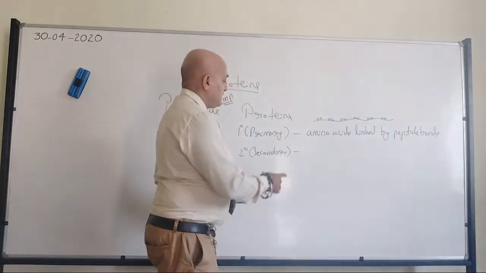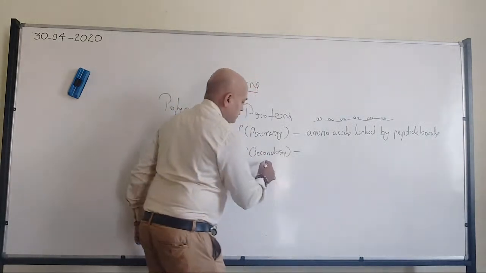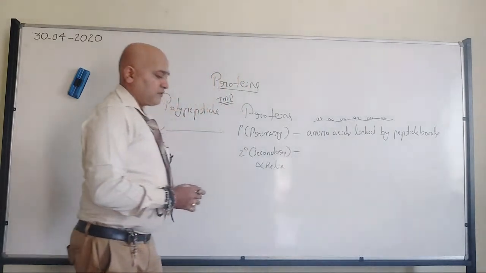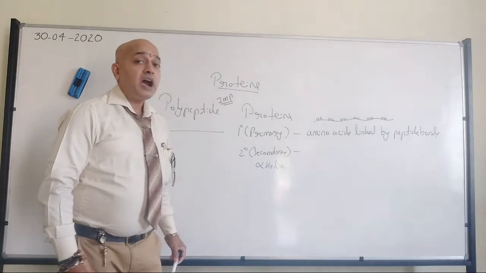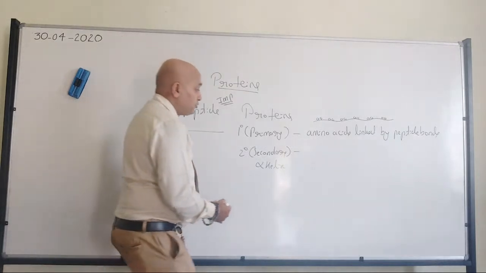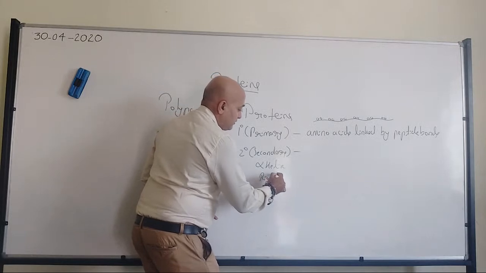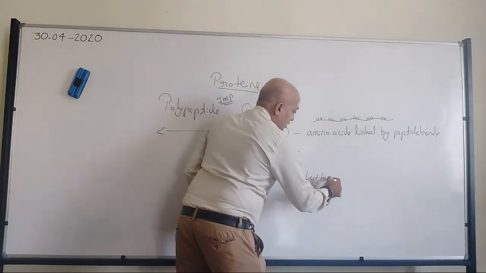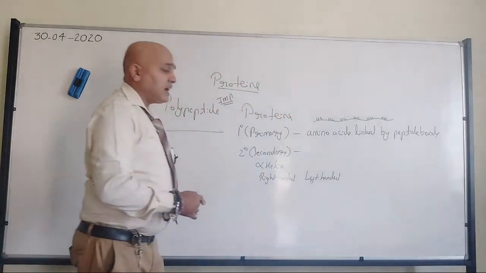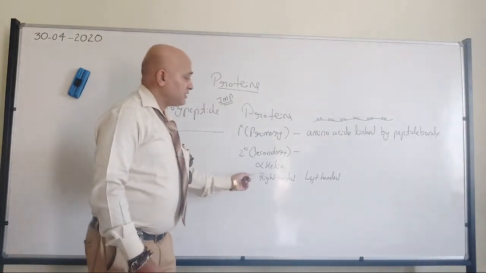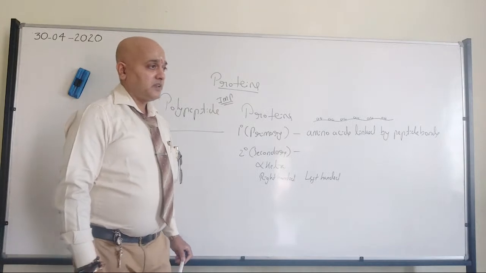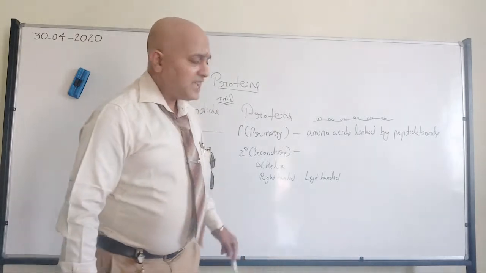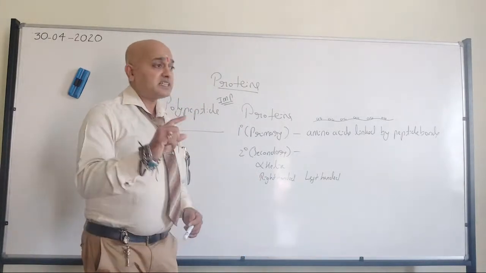For example, when I am talking about secondary structure, one of the examples for secondary structure is the alpha helix. There are two types: right-handed alpha helix and left-handed. They can ask for an example of secondary structure. Then you can write alpha helical structure. All of you are using a pen, right? In that we have the spring. In the same way this helical structure will be there. It will be like a spring.